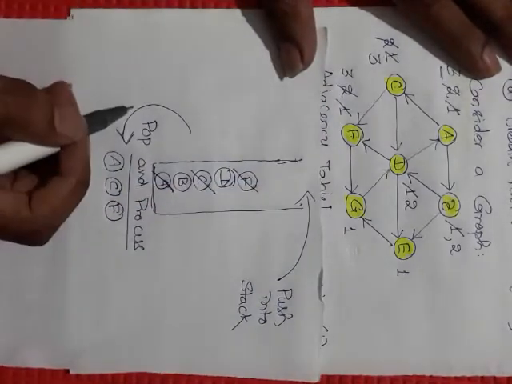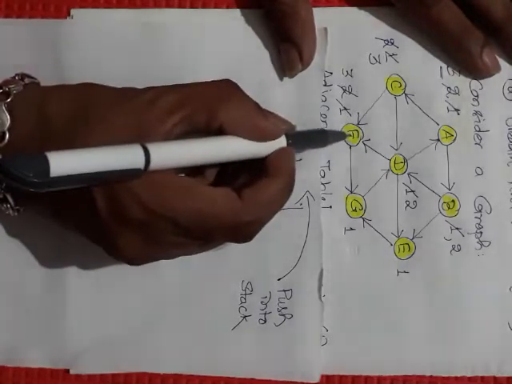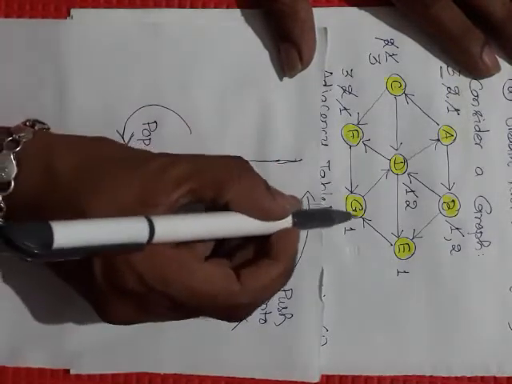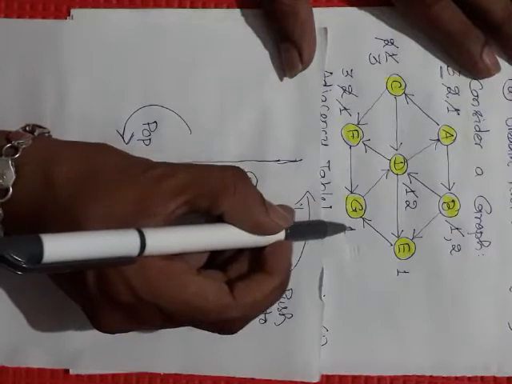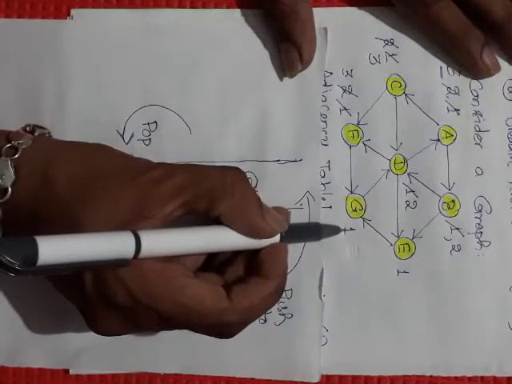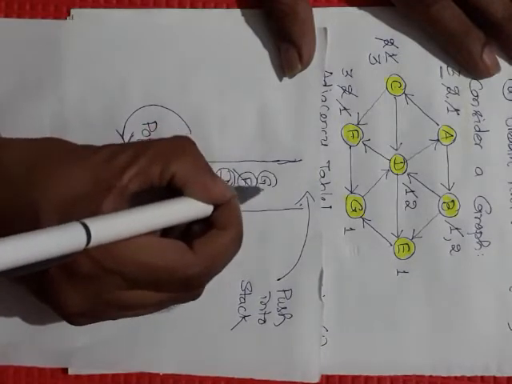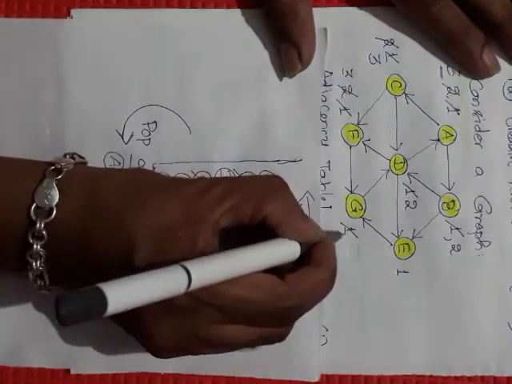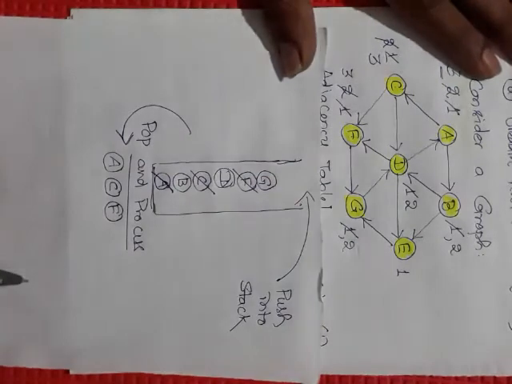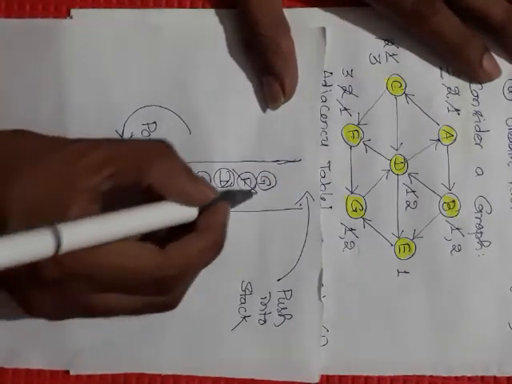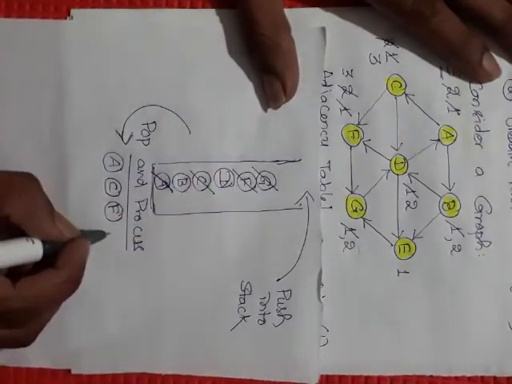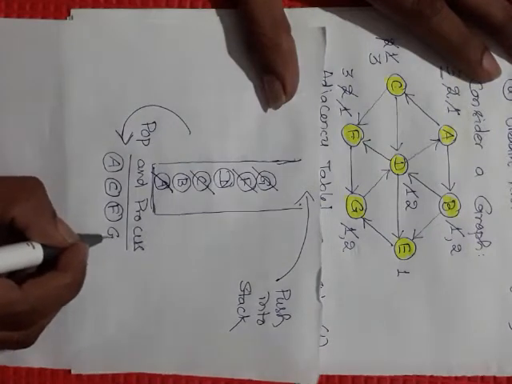Now what are the adjacent of F? Adjacent of F, you can observe the outgoing edge only to G. So G, what is the check? What is the status? 1, ready state. So now push the node G into the stack. Change its status to 2. Again repeat the while. Pop a node from the stack and process it.